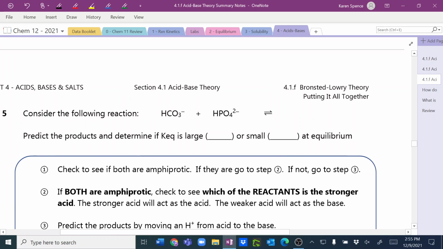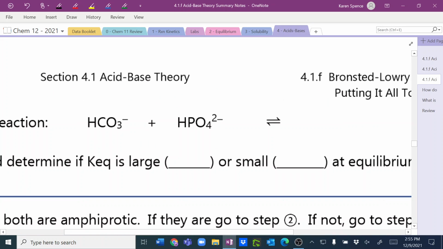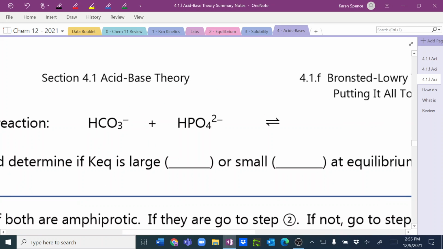Okay, consider the following reaction. What do we see about these two that makes this one of the more challenging type questions? They are both